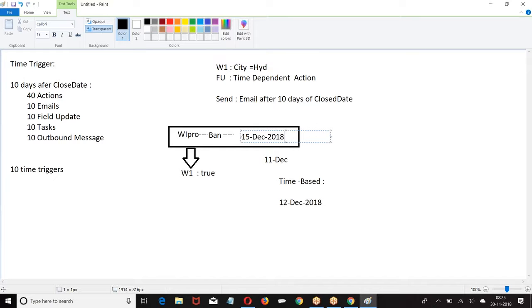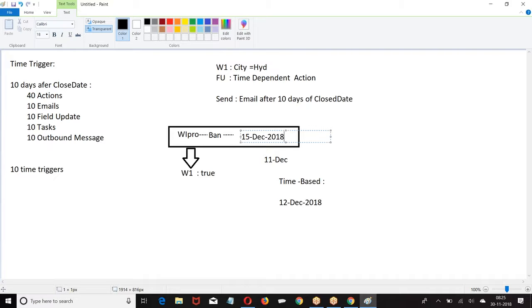Now, the field based on which you have scheduled a job, if it is modified after the job is scheduled, the action will be rescheduled as per the modified date. On the scheduled date, before the action is performed, once again it will cross check whether the rule is true or not. If the rule is true, then only the action is performed.